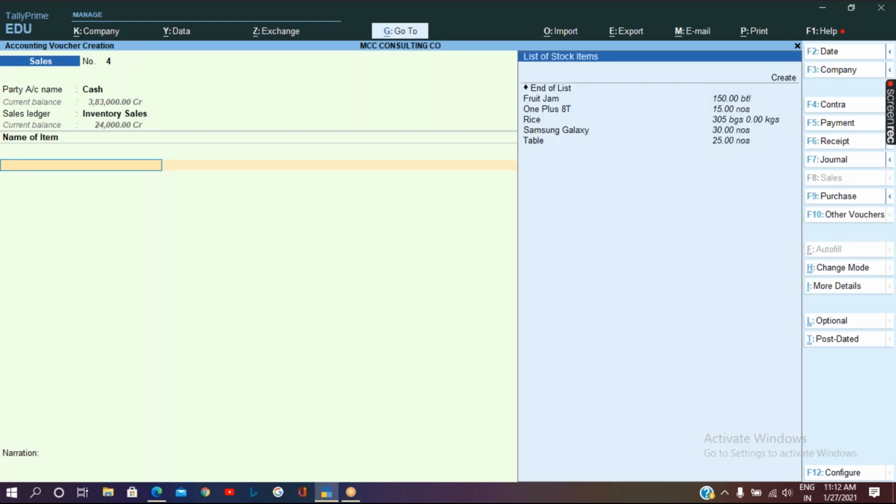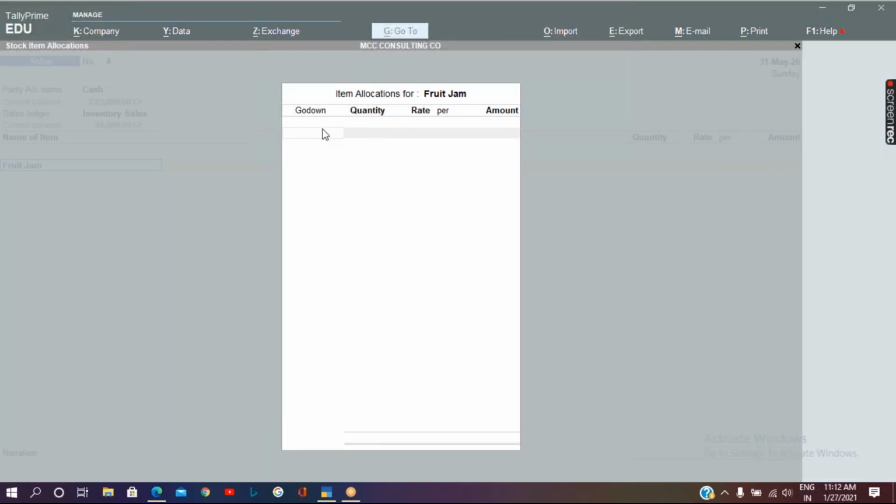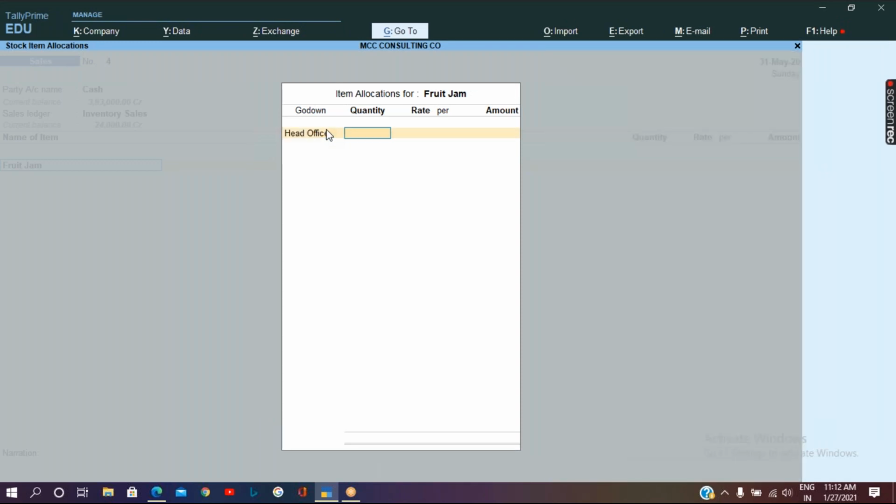Inventory sales. Now, let me give a fruit jam from head office, one quantity with free of cost.